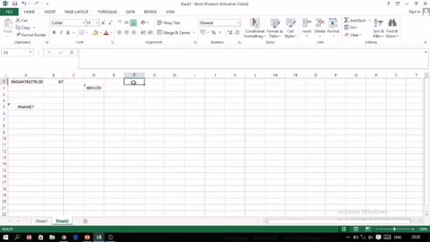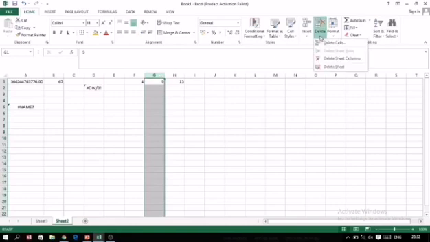First I am taking two numbers here. After this, I want to add these two numbers, that is F1 plus G1. So the answer will be 13. After this, I have deleted this entire column.